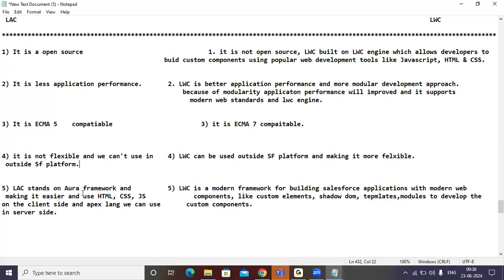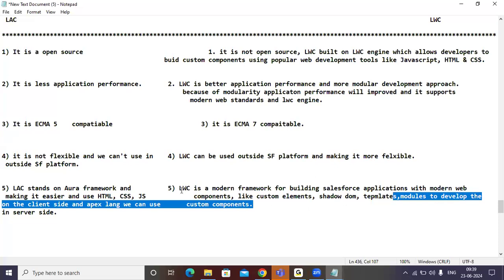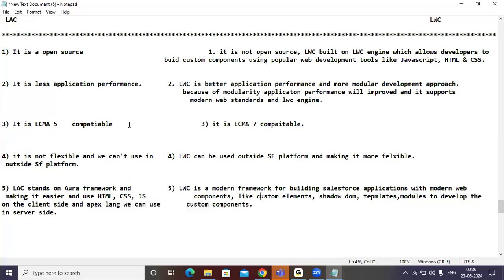LAC stands on the Aura framework. Client side, we are using HTML, CSS, JavaScript. Server side, we are using what? Apex language. But whereas LWC is a modern framework for building Salesforce applications with modern components like custom elements, shadow DOM, templates. Because of this, application performance will increase in LWC.